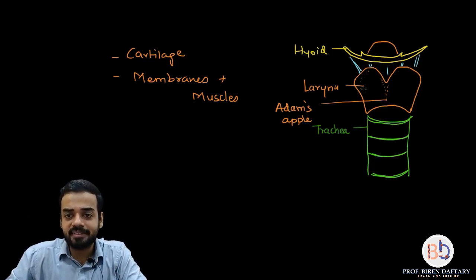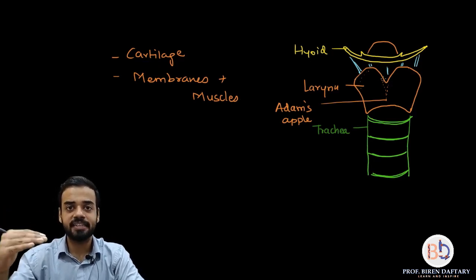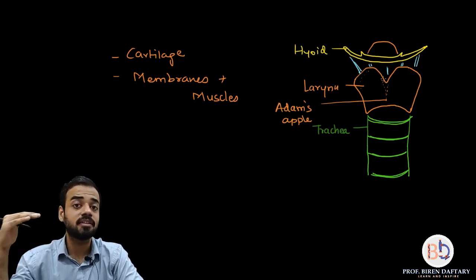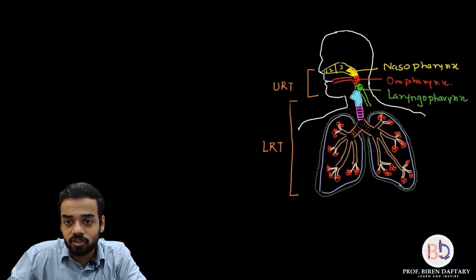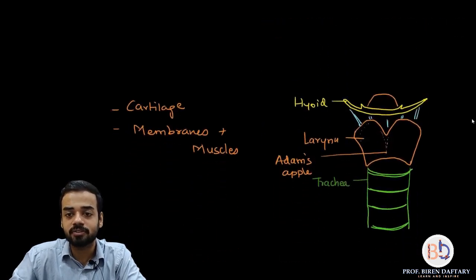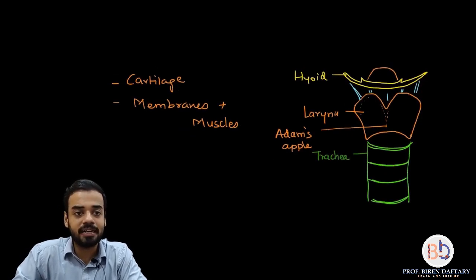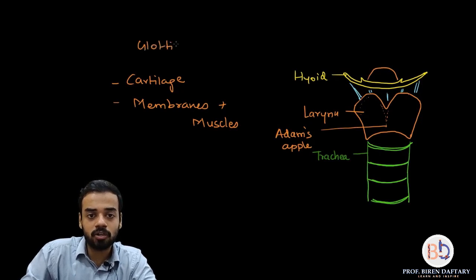Now this larynx which is present, its uppermost part, the opening of the larynx, see above the larynx is present the laryngopharynx. Okay, so again let us go back to this diagram. So this is your laryngopharynx, this green part. After that, this first blue surface, that opening of the larynx is called the glottis. Okay, so opening of the larynx is called the glottis, please remember that. So I am writing down the word over here, glottis, which is the opening of the larynx.